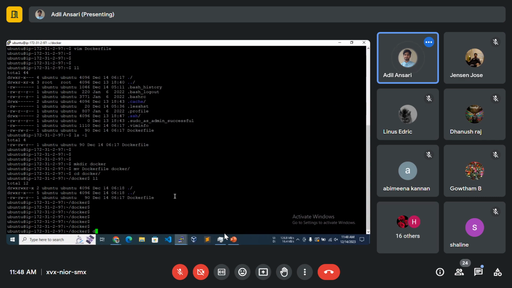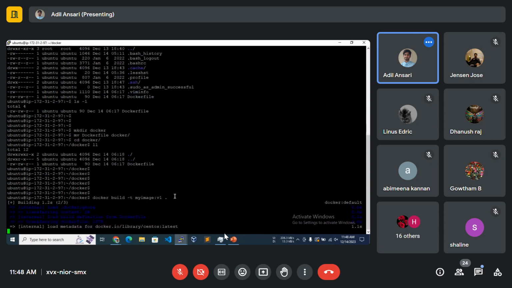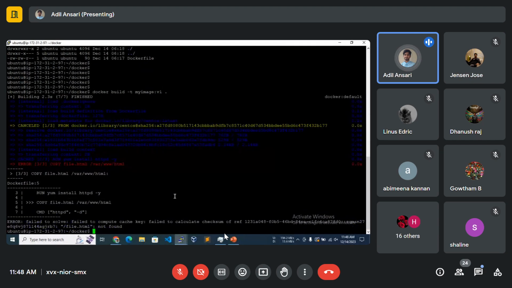And now I'm inside this particular Docker folder and only the Dockerfile is there. Now let me build this: docker build -t for tag, then my image colon v1, then dot. Dot means the Dockerfile is present in the current directory. In whichever directory I am, the Dockerfile is present here only. Docker build -t and